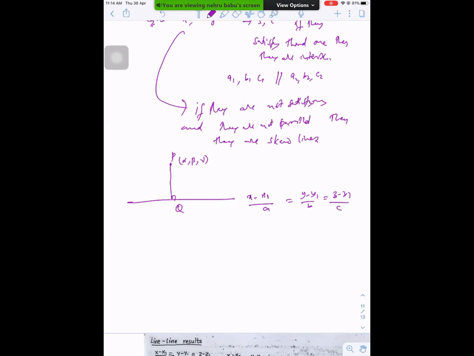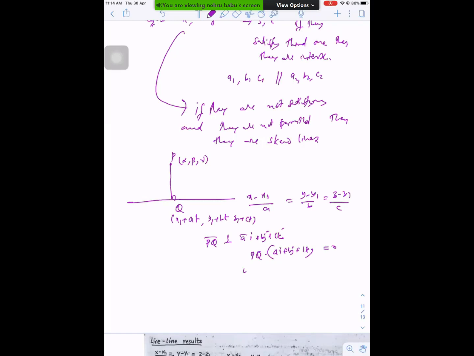You can take a general point, sir. After that, we will take the direction ratios and multiply with a, b, c; they should be zero, perpendicular. So here, we will assume the Q point in the form x1 + at, y1 + bt, z1 + ct. So here you are getting PQ. The only unknown is t. And this PQ is perpendicular to ai + bj + ck in terms of vectors. So PQ dot (ai + bj + ck) is 0.